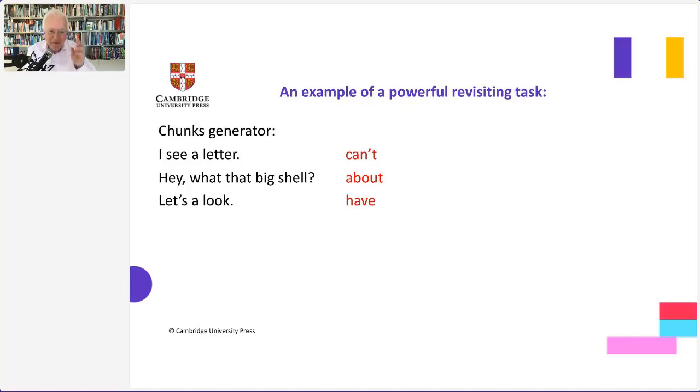This is far more powerful because they have to think more. And because they have to think more, they will remember the sentence or the chunk of language better.